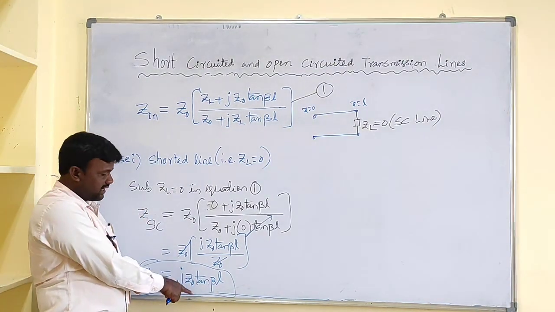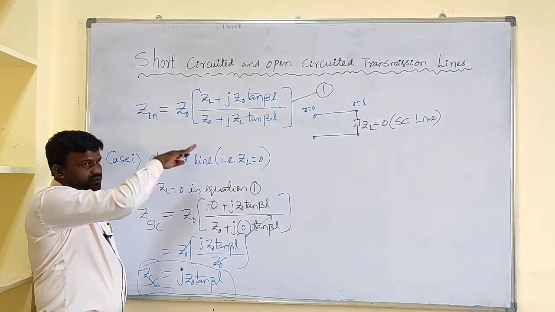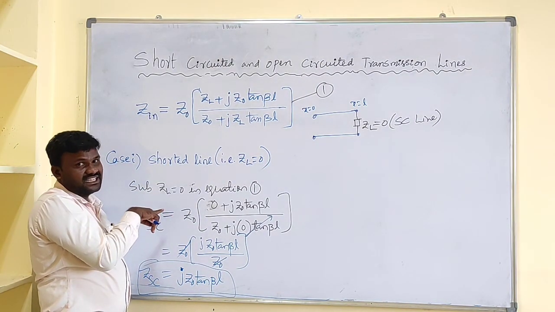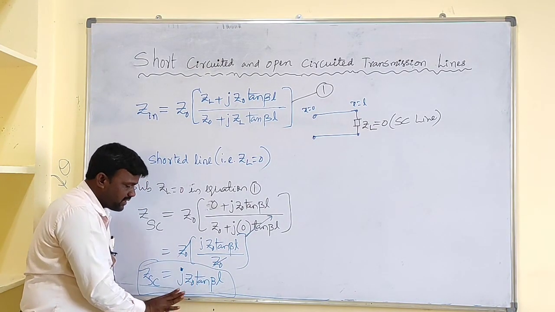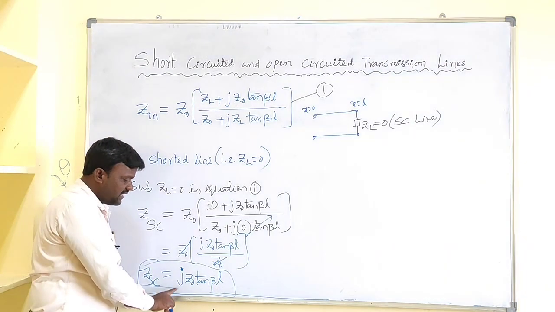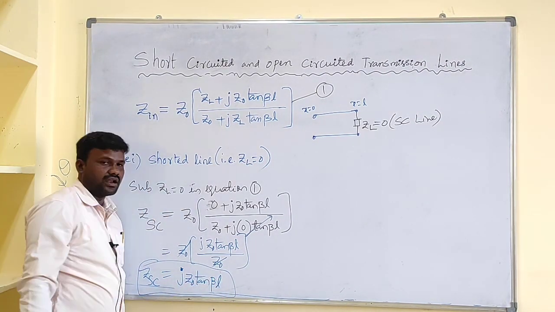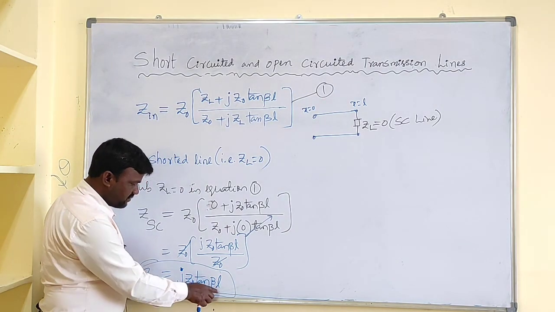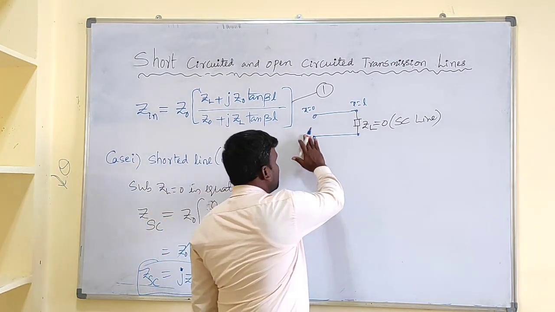For the short circuited case, we can say from this expression that it may be inductive or capacitive, which means it is purely reactive. If the line is terminated with a short circuit, the line impedance is purely reactive, inductive or capacitive depending upon the length of the line. Here it is a function of the length of the line. Clear? So that's why we can write ZSC as